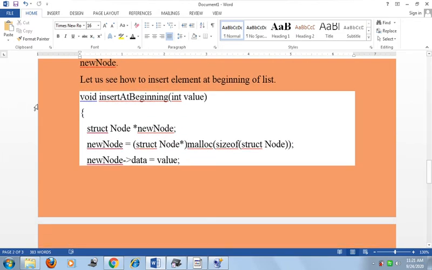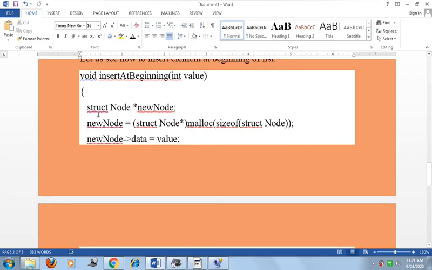So here we take an insert at beginning function and pass an integer value to that function. Here, struct node star new node means a new node structure will be created. Now new node equals struct node star malloc size of struct node.